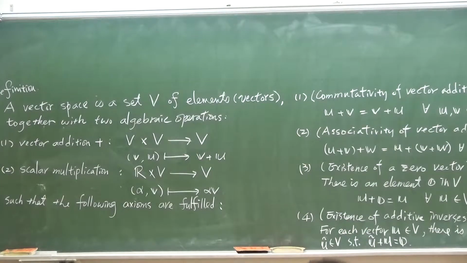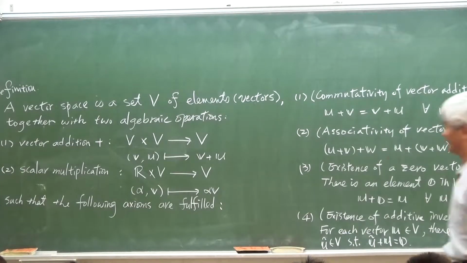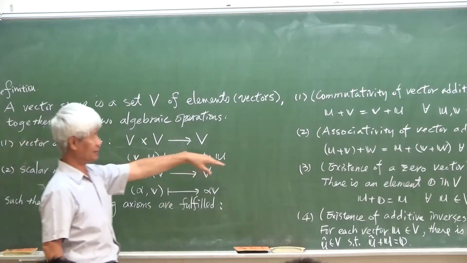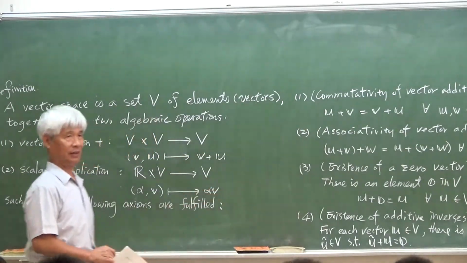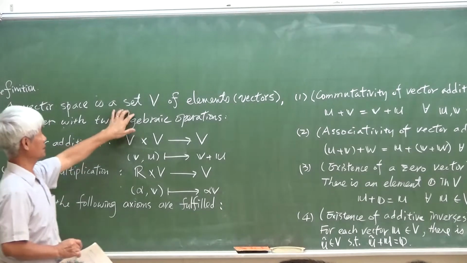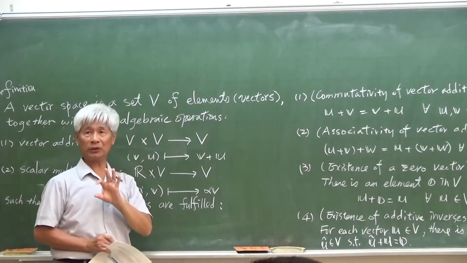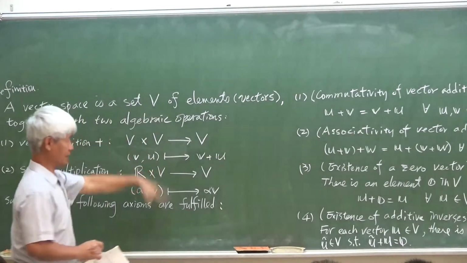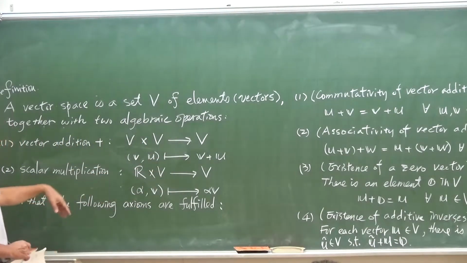Okay. And let me repeat the definition of a vector space. We haven't finished yet the list of axioms which should be satisfied. So a vector space actually is a set. First of all, it's a set of elements, and we will call these elements vectors. If they satisfy all the things in the following,